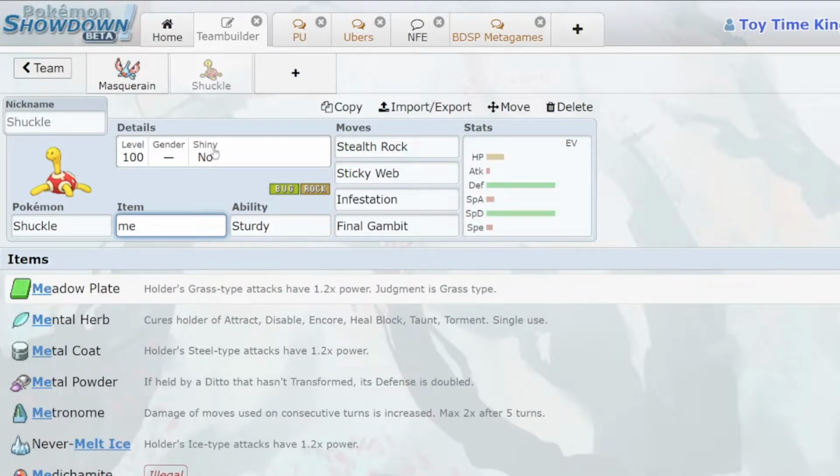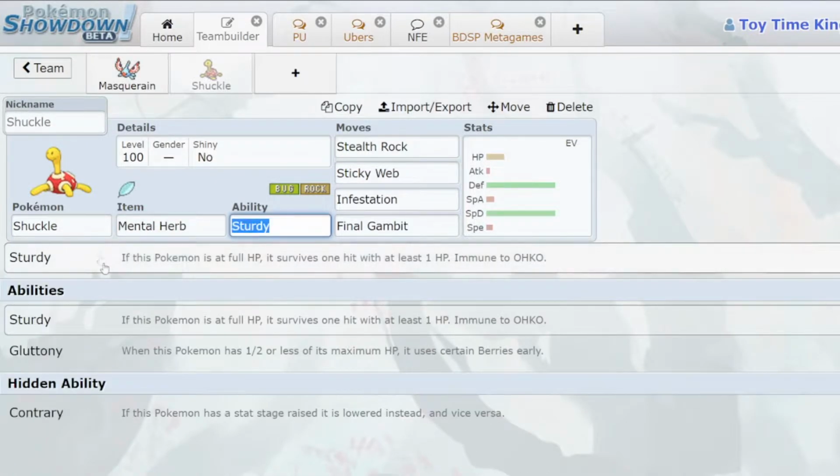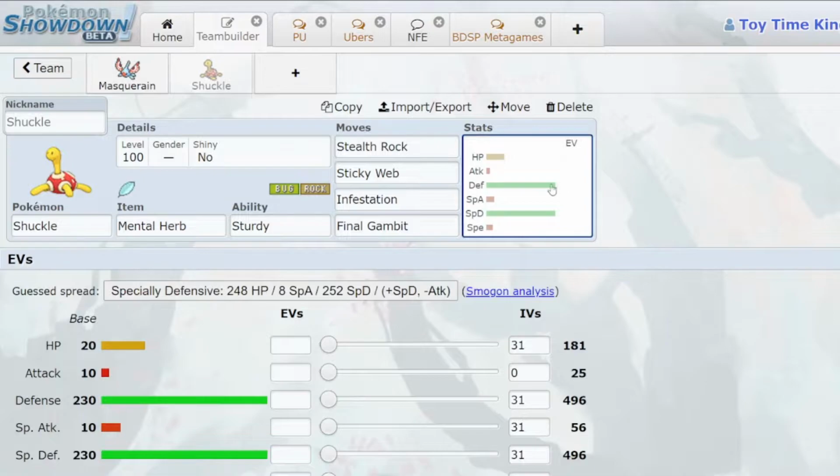Now the item you run on Shuckle is Mental Herb, because of the amount of hyper offense that's on the ladder right now, these like Azelfrost, Aerodactyl, the list goes on. All of them have access to Taunt, and obviously Shuckle is the slowest Pokemon in the game, so you're gonna get outsped 100% of the time and get Taunted. So that's why you need Mental Herb, because Shuckle needs to at least get up either rocks or Sticky Webs,